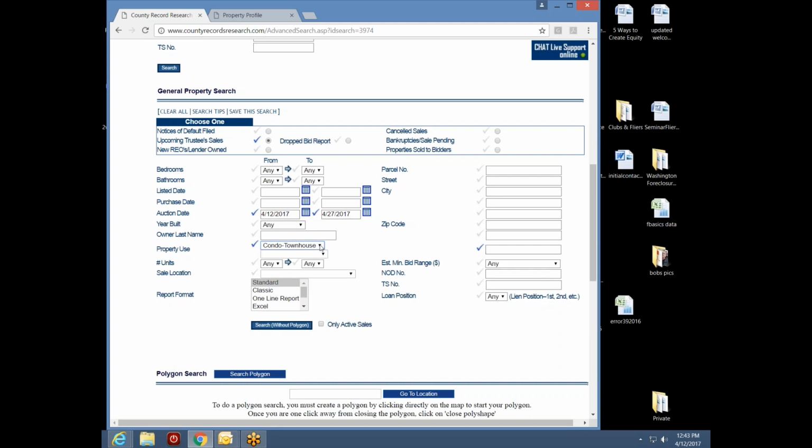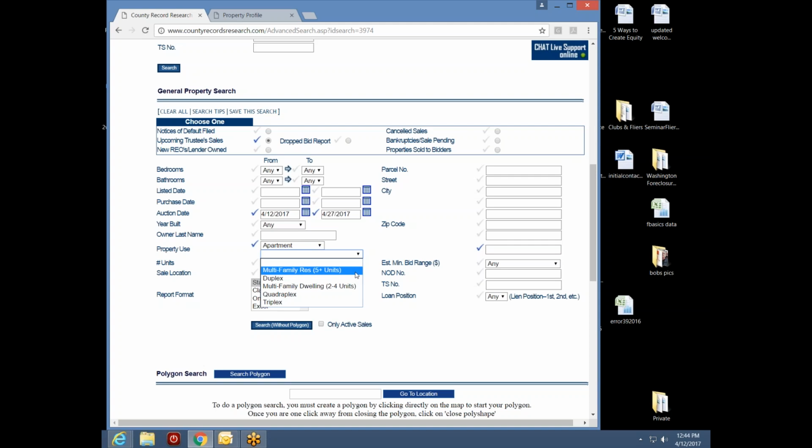Okay, now once I select anything in the property use section like apartment, then I get a subcategory below where I could specify I only want 5 and above. Or I can specify duplexes or fourplexes or triplexes. Now, I am a firm believer that less is more, ladies and gentlemen. If I'm going to put a search together, I am not going to fill in all the blanks, because what if there's a deal on a fourplex and I miss it because I only pick 5 and above? I don't want to miss that deal because I've got too specific.